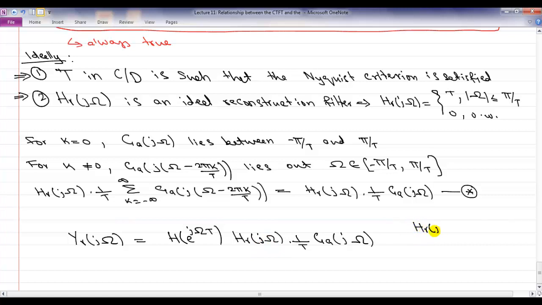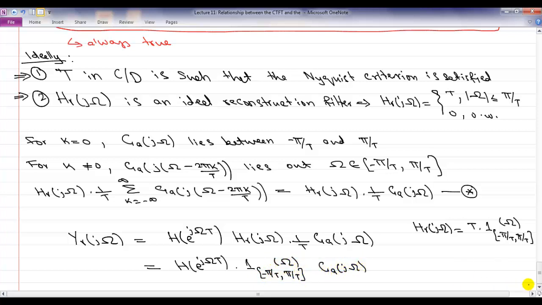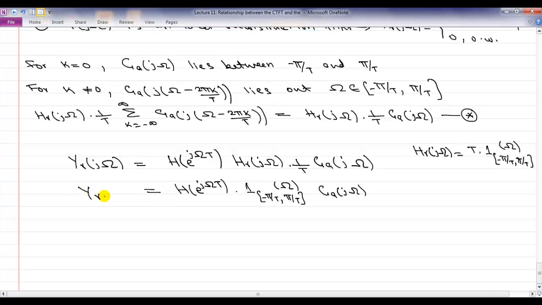The compact form of that is, of course, T times the indicator function from minus π/T to π/T in capital Omega, which means it's 0 outside minus π/T to π/T. So when I do that, the T cancels and I get H(e^{jΩT}) times the indicator from minus π/T to π/T in Ω, times G_a(jΩ). Okay. So now we have been able to write,